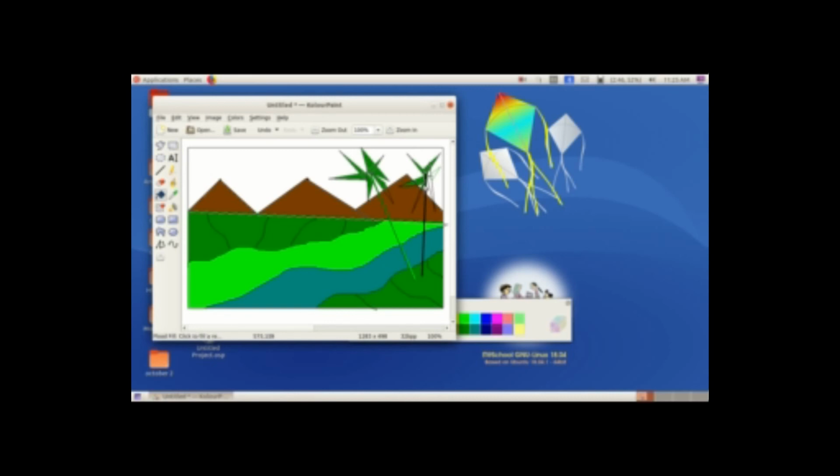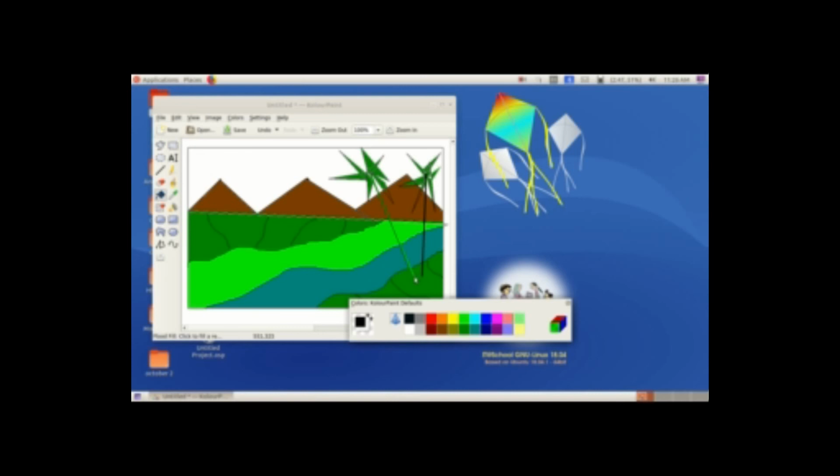Just after selecting the color, just click there. Now it has gone out. So I am undoing it by clicking Ctrl Z, because by mistake there is some gap somewhere when I pressed. So that's what happened. If there is any gap, the color will go out. So now it's okay. Now we have to give the color to the sky.